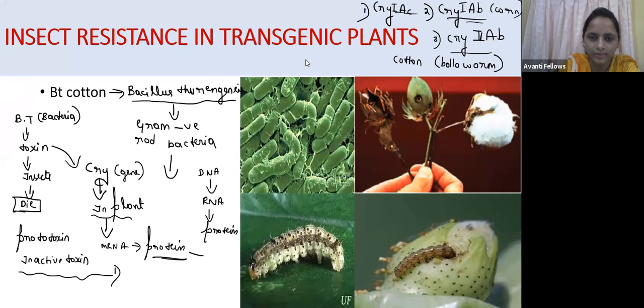Yes, okay. Have I told you that, right? BT cotton here means BT is Bacillus thuringiensis. We have taken a gene, the cry gene, from the bacteria and we are going to insert it into the plant. In the plant, the protein was synthesized in the inactive form, the prototoxin form. So now what will happen? Let us see, guys. Now we have a plant that has the prototoxin in it.